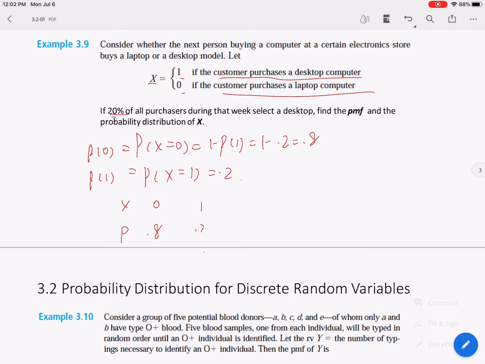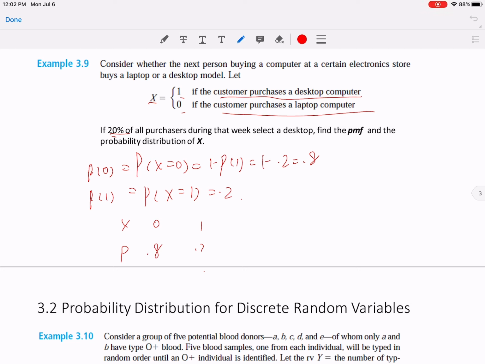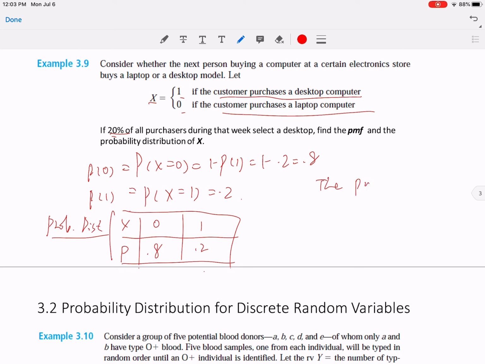Let me pull out the mark. There we go. So this table is the probability distribution. Okay. Now the PMF. For the PMF, we gotta write down P of x is equal to, and then